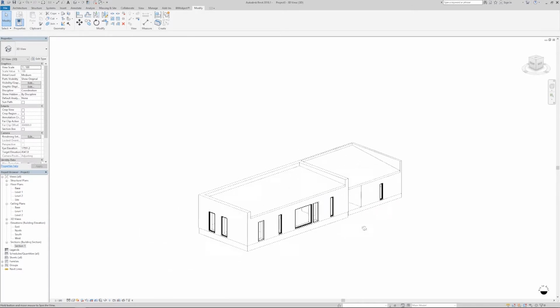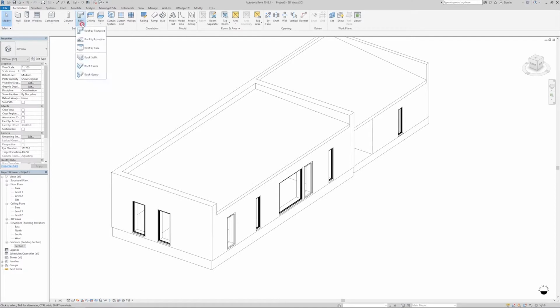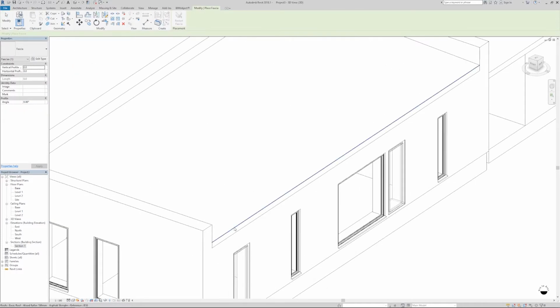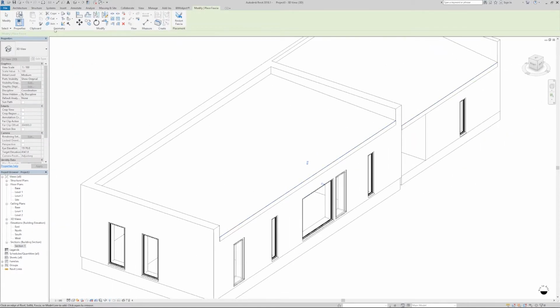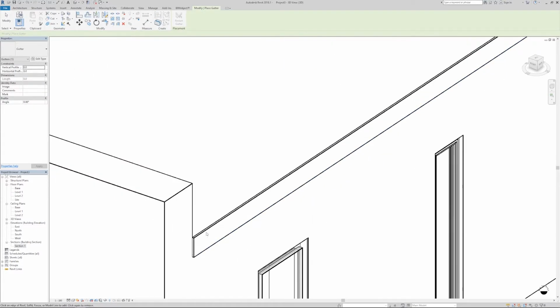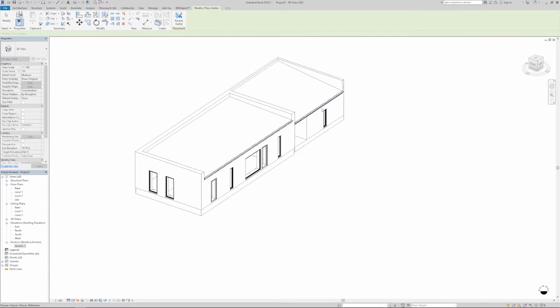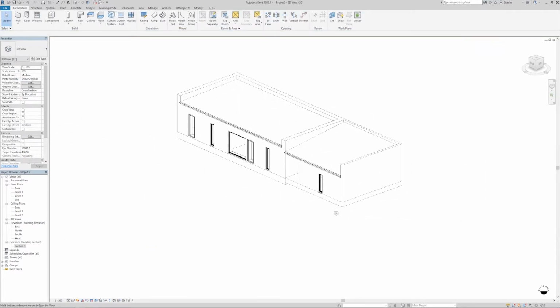Okay, what we can do to finish our roofs off, we can go to architecture, and under roof we can have some parameters, some elements we can add. So we can add fascia, and let's do it by selecting the edge of the roof. And also we can go to a gutter, and also we select a line to make a gutter on like this and like this. So it's very fast too, it gives a lot of detail to your project. I suggest you use it like this. Okay,